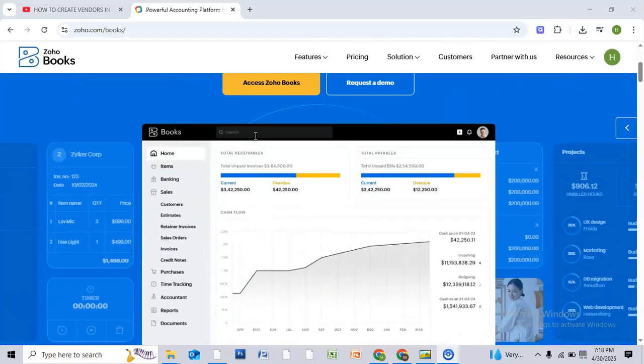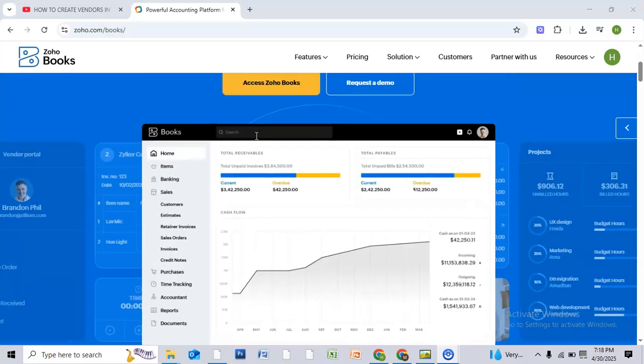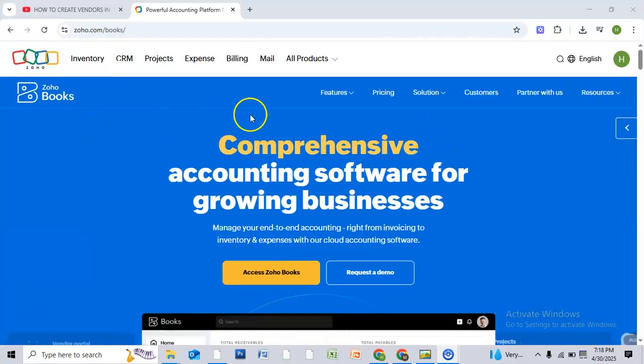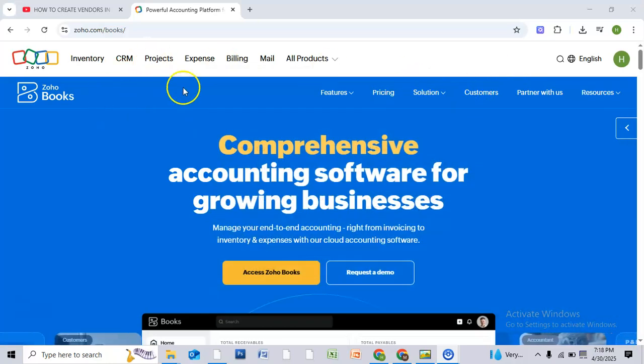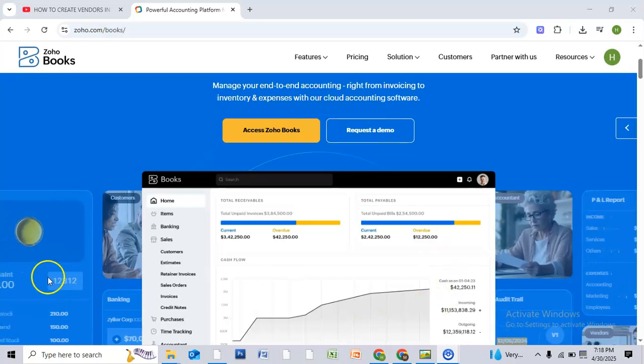In today's video, I will show you how you can add vendors on Zoho Books. It's a very easy thing to do. First, go to zoho.com/books, then log in to your account. After logging in,